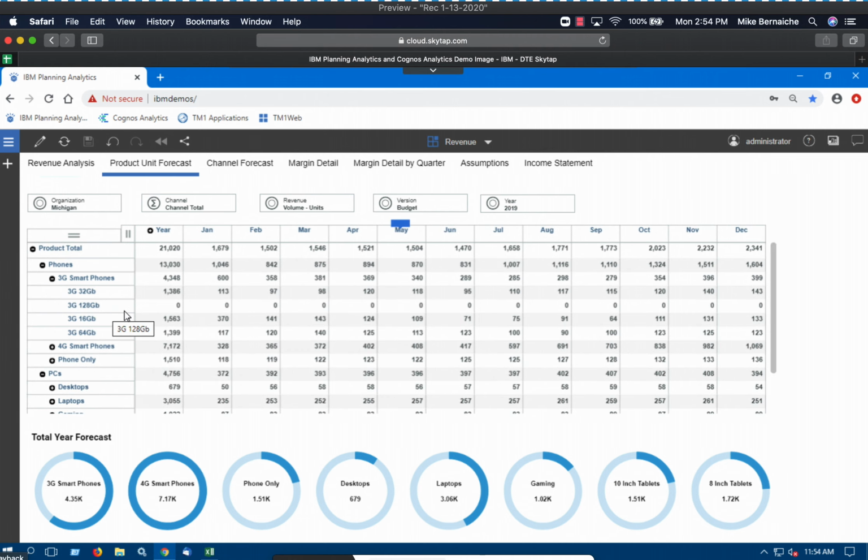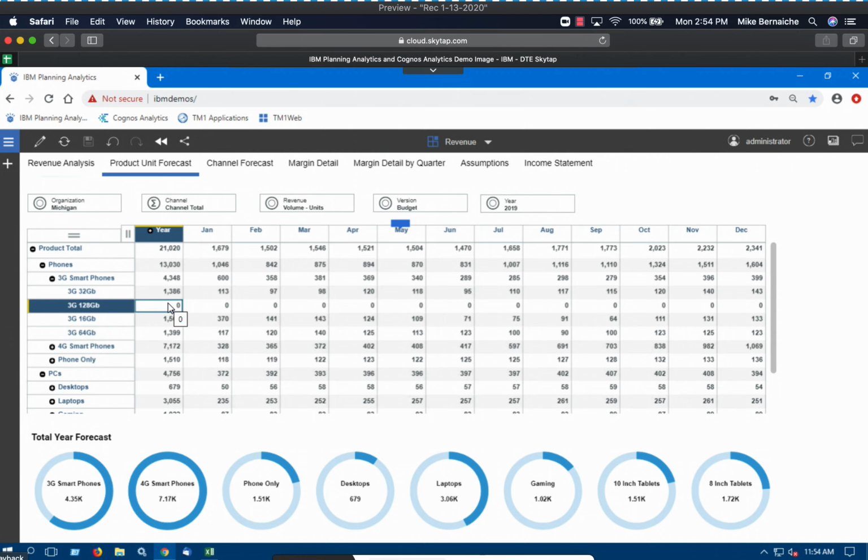And I'm going to go ahead and now input what we had in our conversations with the sales team. So as we talk to them, we think that this product's really going to be a big product for the state of Michigan, and that we're going to sell 3,000 units. I could simply go in and just input the 3,000 here and hit enter, and you'll see that it's spread equally across the months, which may or may not make sense in your business. For us, we had talked about that it's probably going to sell at about the same ratios as a different product. So I'm going to go ahead and zero that out,